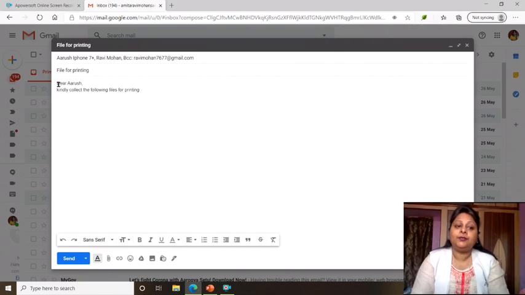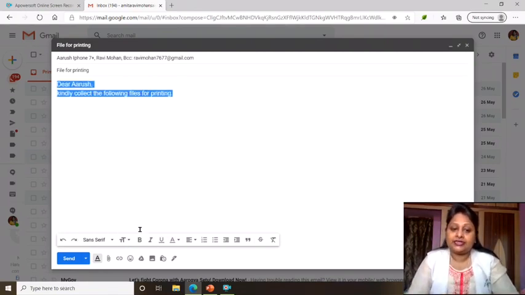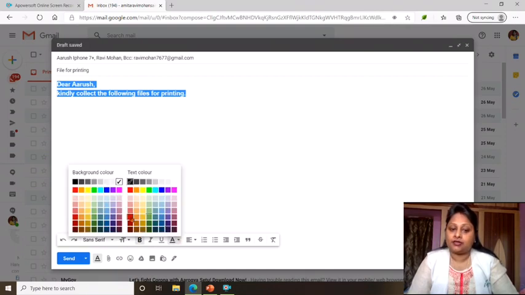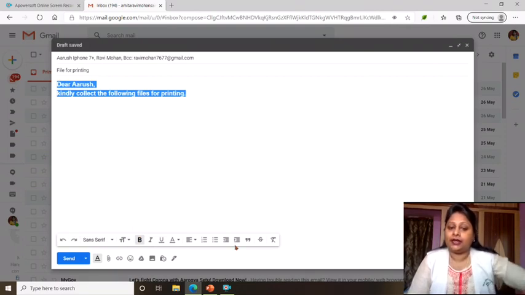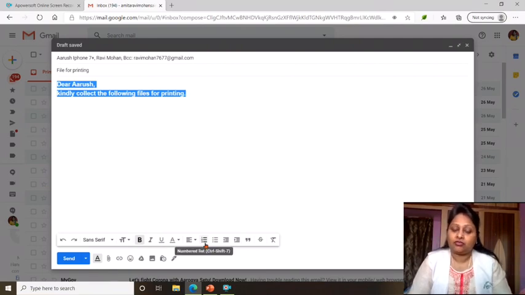We have the formatting toolbar like Word, Excel and PowerPoint also available here with the options undo, redo, font name, font size, bold, italics, underline and also colors, which can be applied on the body of the text. If you wish, you may even add bullets or numbering to the text.